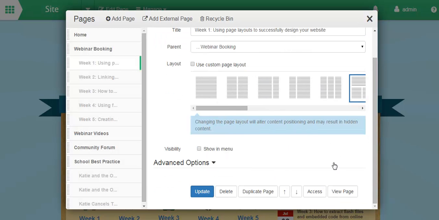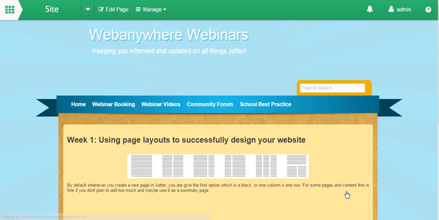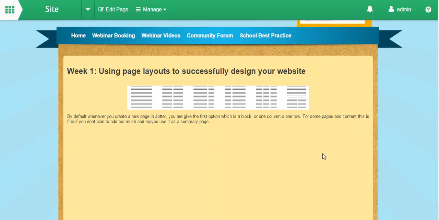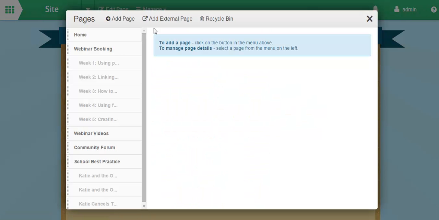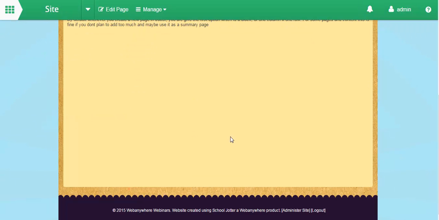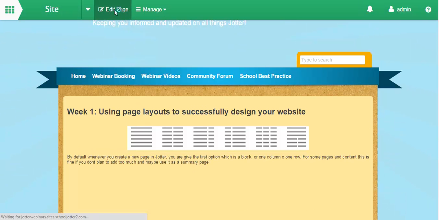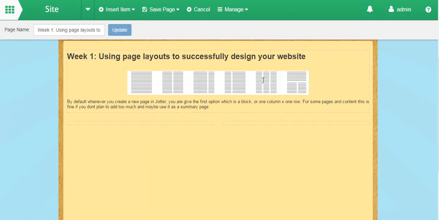And once you've updated it, if you just click on View Page, it will take you directly to the page you're talking about. So here you can see that I've already started to add a little bit of information on the page, but if I now go to Manage Page, this is because I've got it hidden. If I go to, I beg your pardon, if I go to Edit Page, you can see that I've got